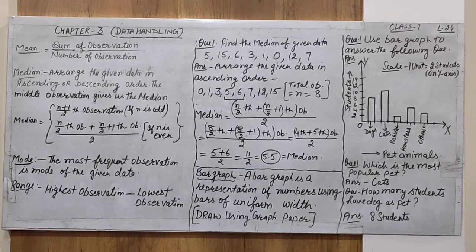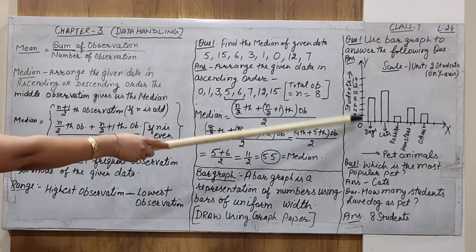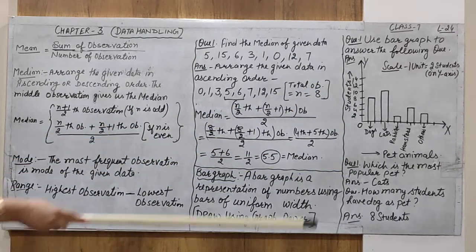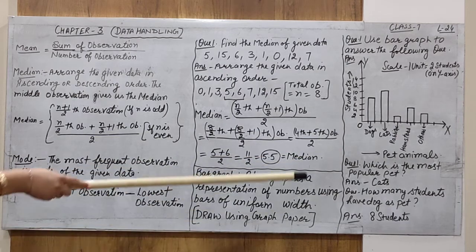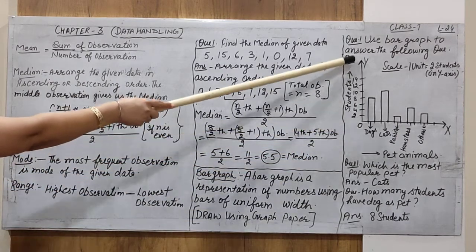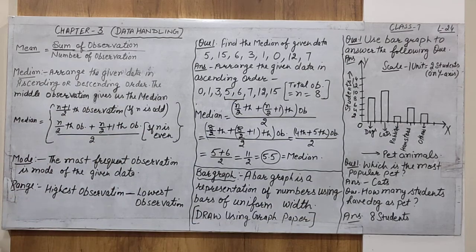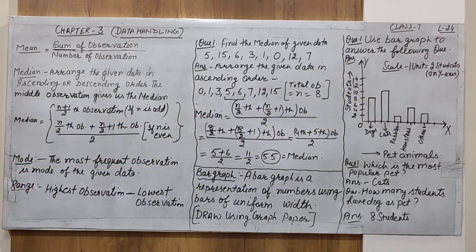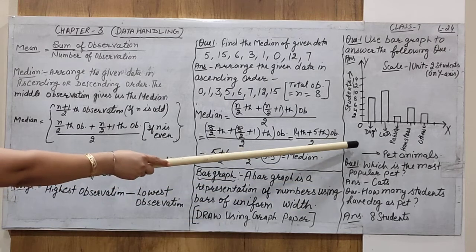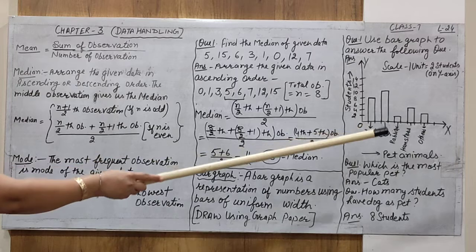First of all, understand how you can draw a bar graph. A bar graph is drawn with the help of the x and y axes. This horizontal line is called the x-axis, and the vertical line which I have used here is called the y-axis. So we have to use both the axes. Now, first step: the graph paper is already divided into equal parts. First you have to select the scale and the sides which you have to show.